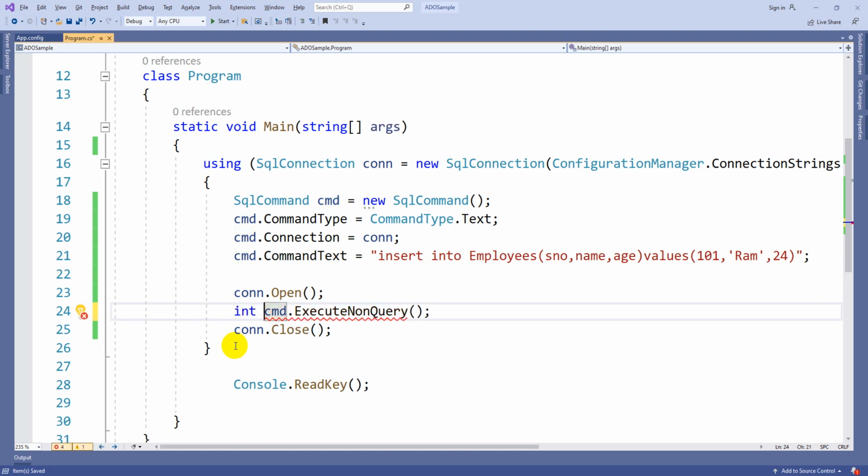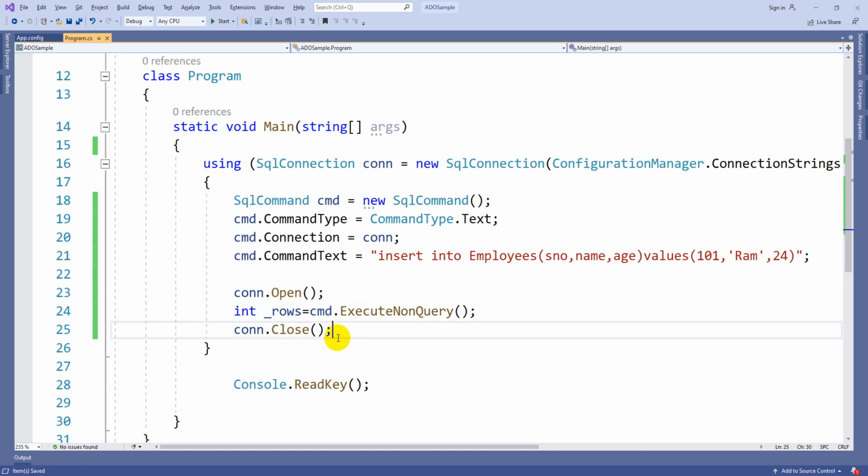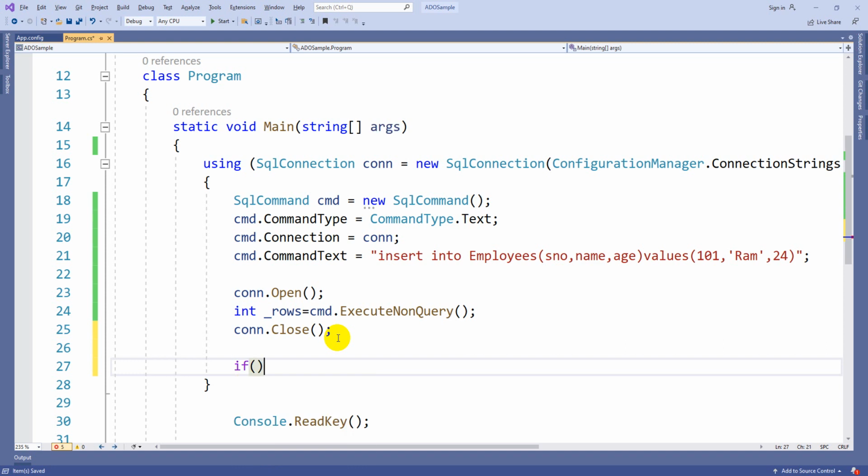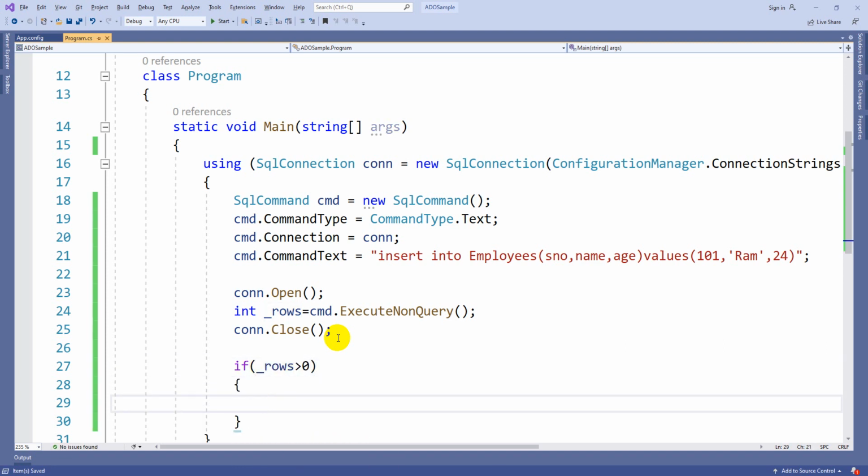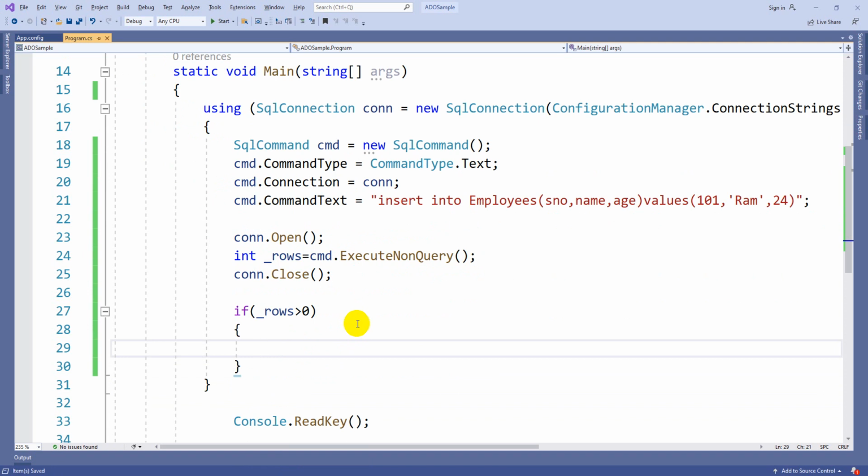So here I am going to take some variable rows. According to this number, I will decide whether this insertion is successful or failed. I can write logic like this: if rows is greater than 0, if at least one row was changed or affected, then I can use a statement that inserted successfully.